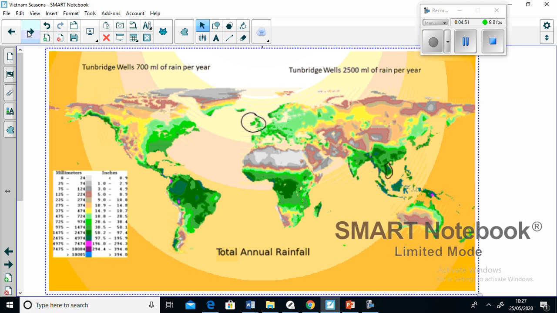The next map we're going to look at is this one here. Now, this map is another special map, and it uses colour again, but in a slightly different way. This map uses colour to show how much rain falls in each place. And if you look at this scale along the side, you've got these grey into brown and yellow colours show